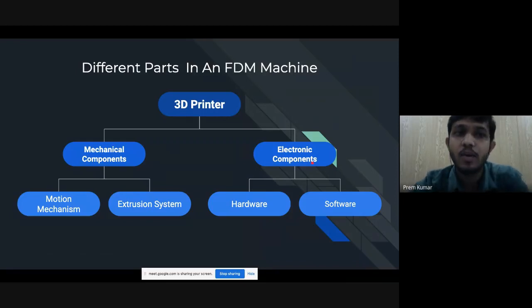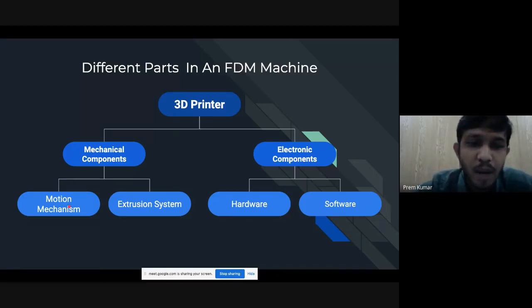Now we are going to see what the different parts used in a mechanism are. Here we have divided these parts into different components. We have mechanical components, which are responsible for moving the hot end, the nozzle, over the build platform back and forth, and the bed also might be moving back and forth, or it may be moving up and down. This is one mechanism.